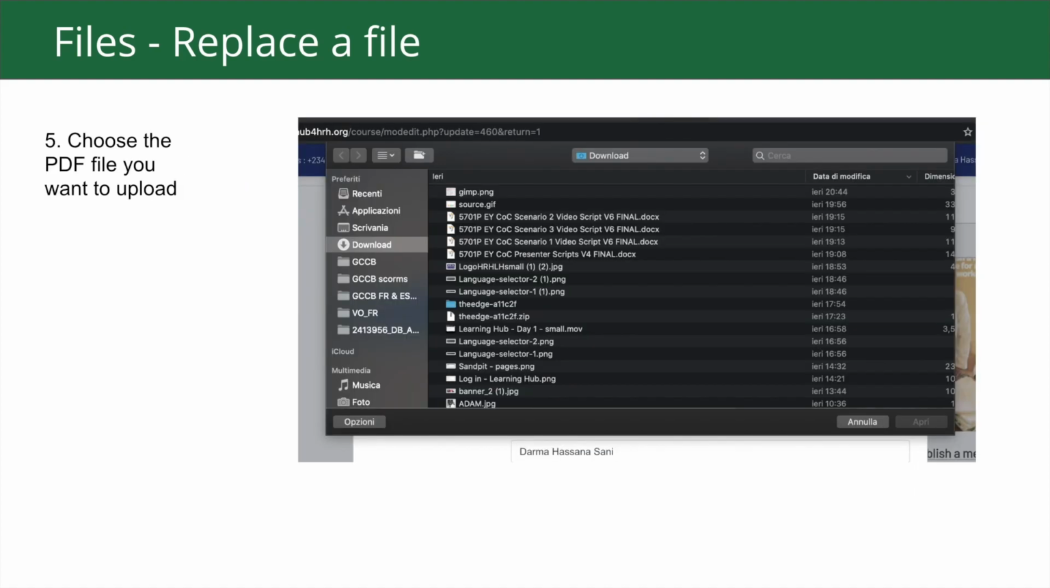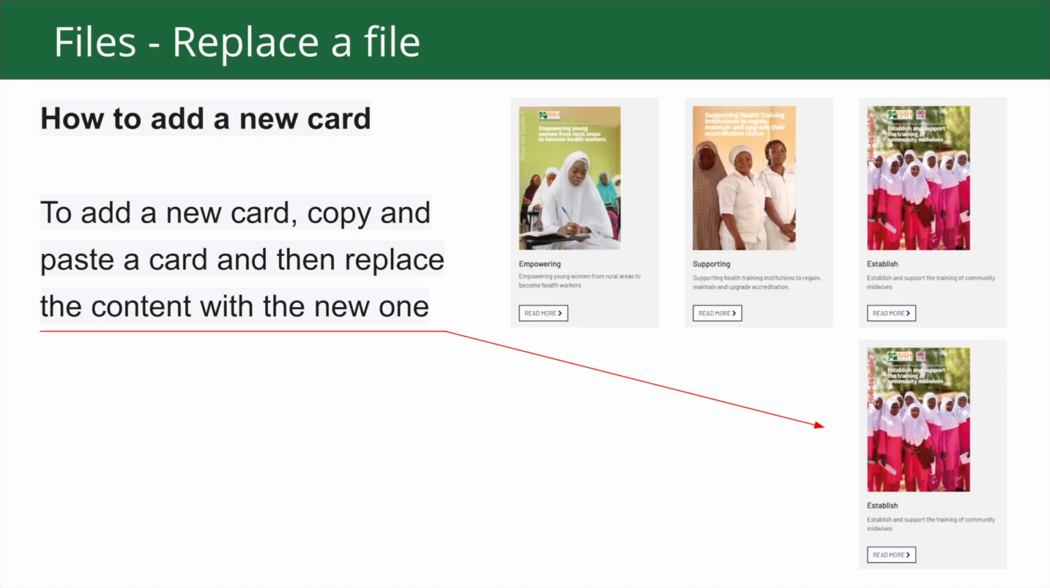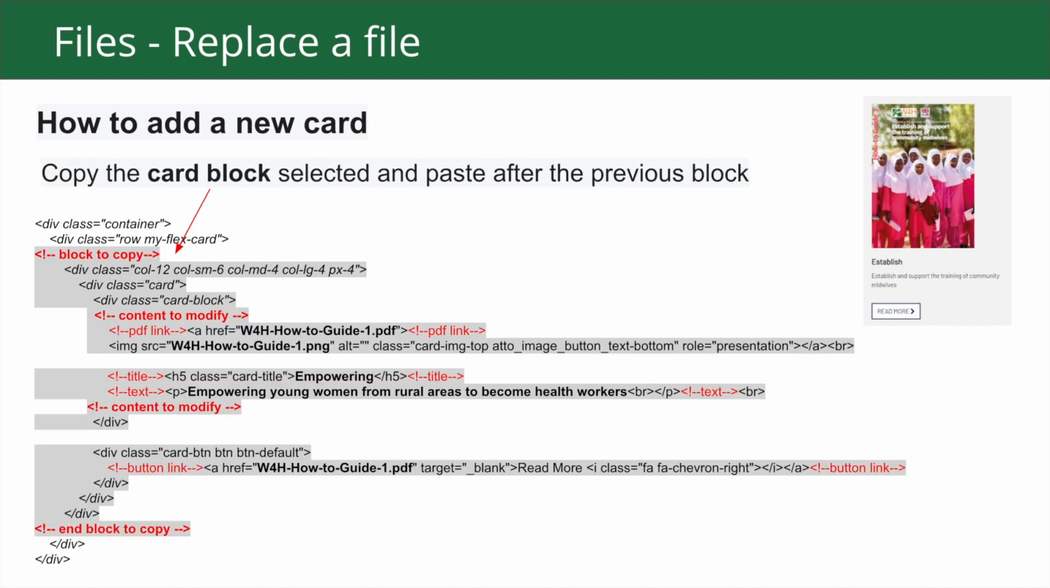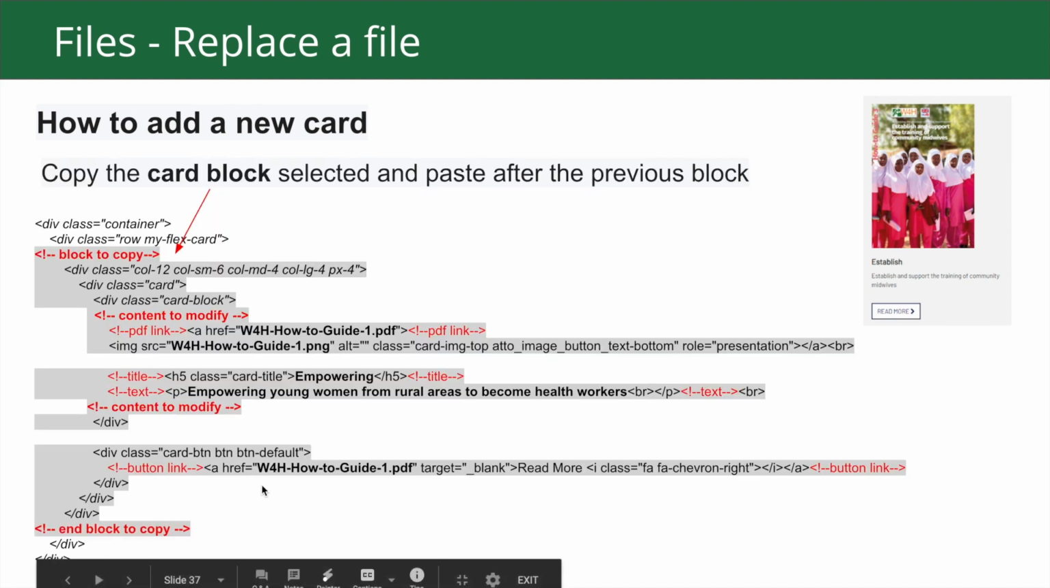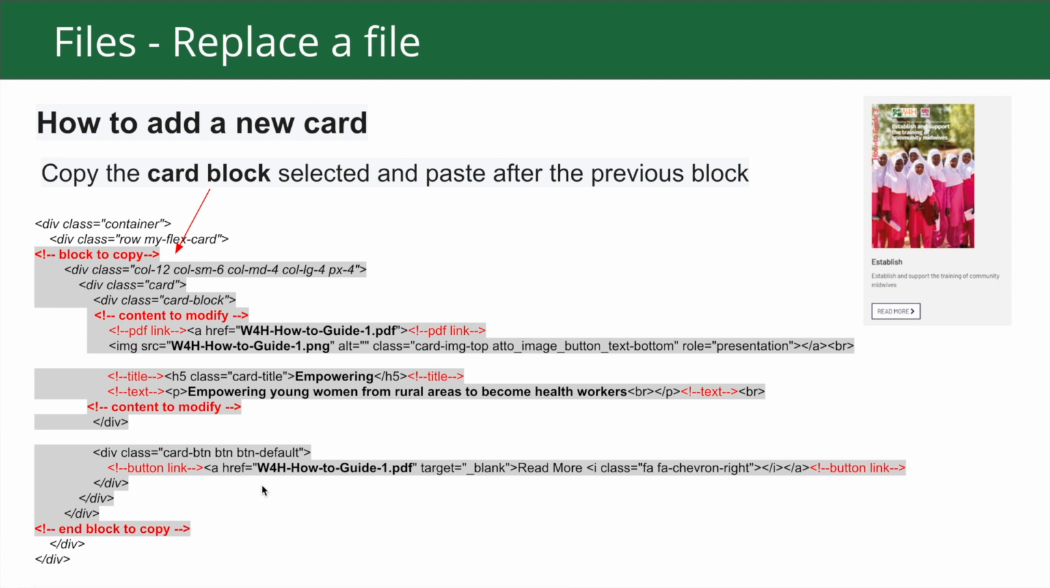What if we want to add a new PDF file? To add, we just call them cards. So if you want to add a new card, you can just copy and paste. You have to copy and paste from the HTML backend. And this is the bit that you have to copy. It looks scary, but it's not that difficult. All the code has been